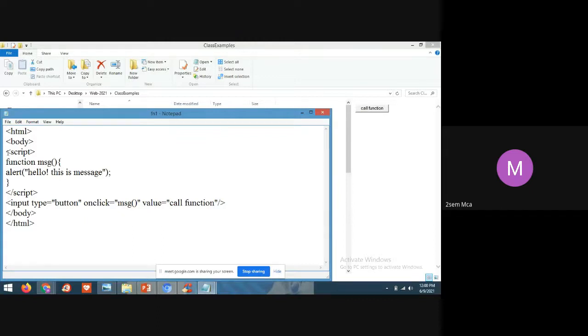Yes, students, in the last class when I was explaining the output dialog boxes, we saw prompt, confirm, and alert windows. In the alert window we were displaying the square root of a given number. It is not compulsory to display only numbers. In an alert window you can display any message, hello, good morning, whatever the message.